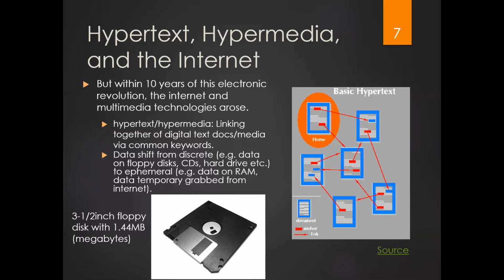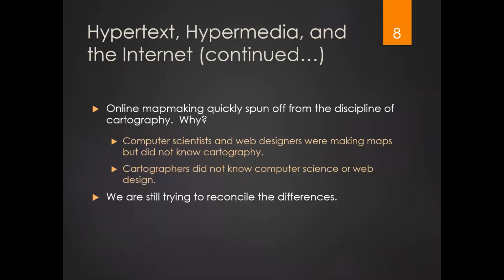That's the reason why this type of information or this type of data is called ephemeral, because it's temporary. It's only on your hard drive temporarily for several minutes, for several hours, then it is gone, right? So this is internet. And when we're combining cartography and internet, it requires cartographers to have some knowledge in computer